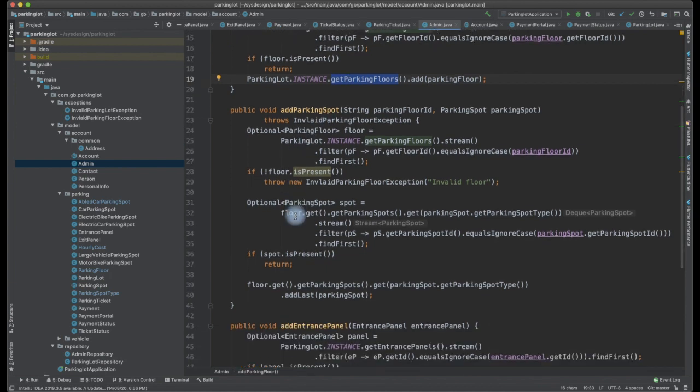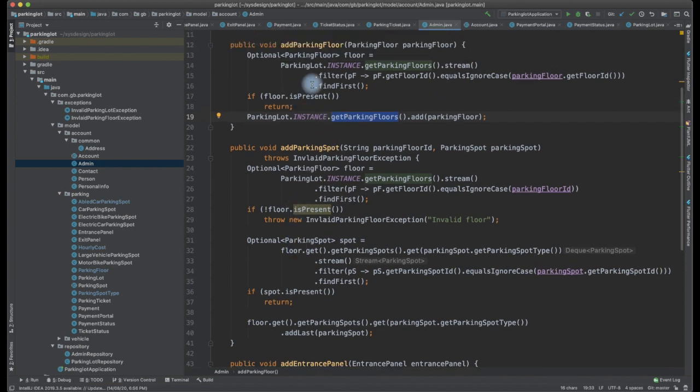So add a parking spot. For a parking floor, we can operate on a singleton instance. For a parking spot, we need a floor ID, and we are taking a new parking spot to be added. If the floor doesn't exist, we throw an invalid parking floor exception, because if we accidentally type an incorrect floor number, we should throw that exception.